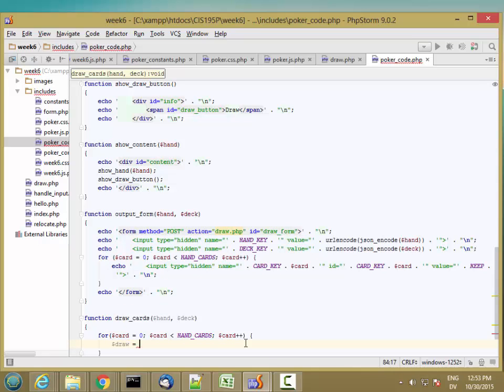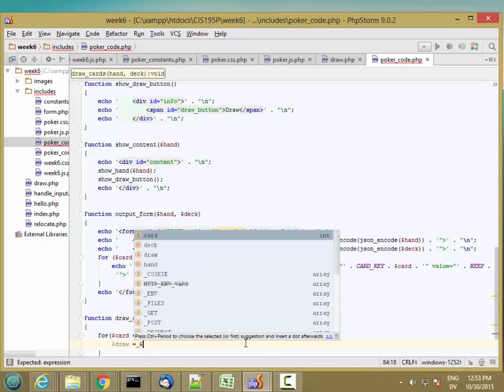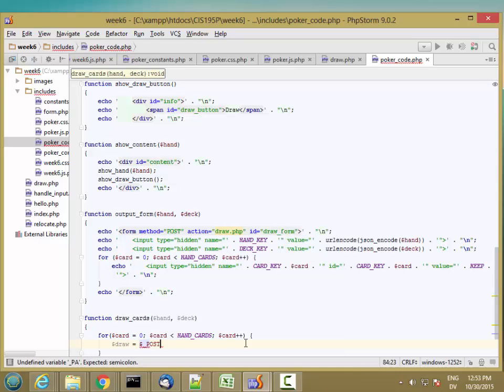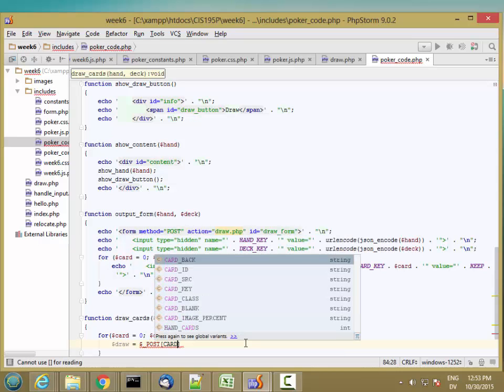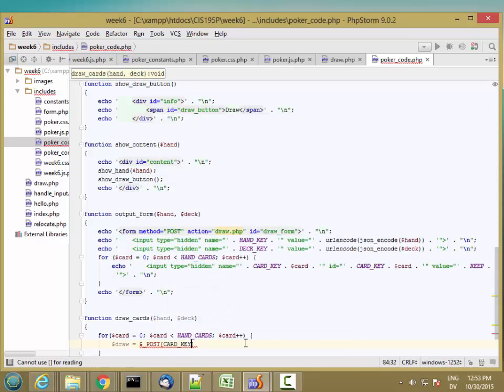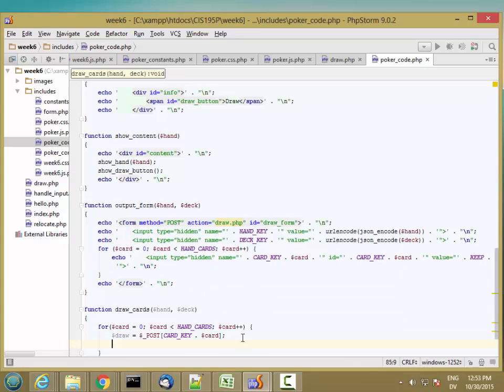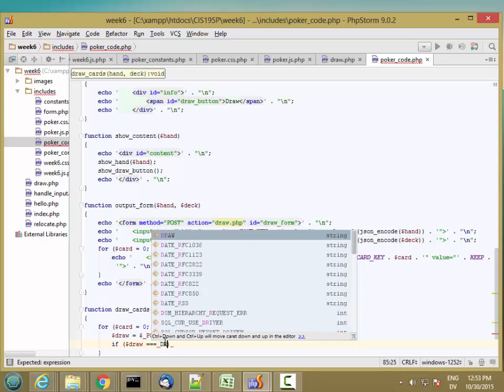I'm going to get draw equal $_POST sub card key dot card. So this will be either draw or keep. And then if draw equal draw,